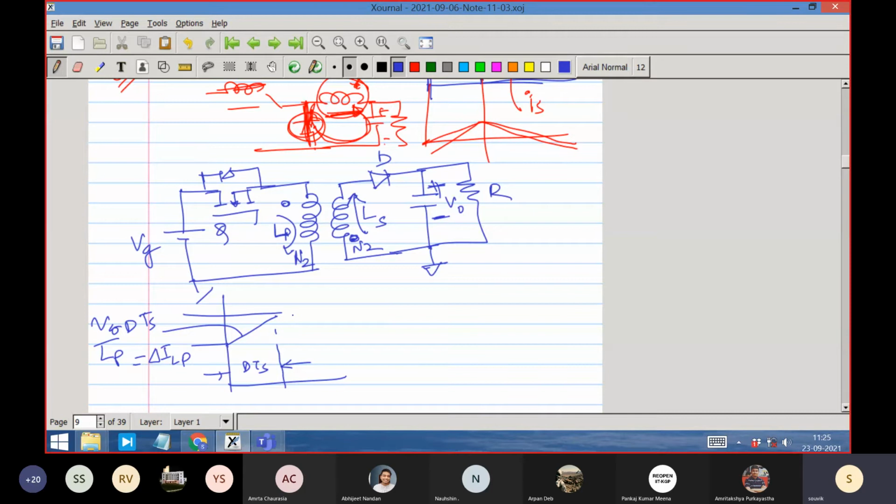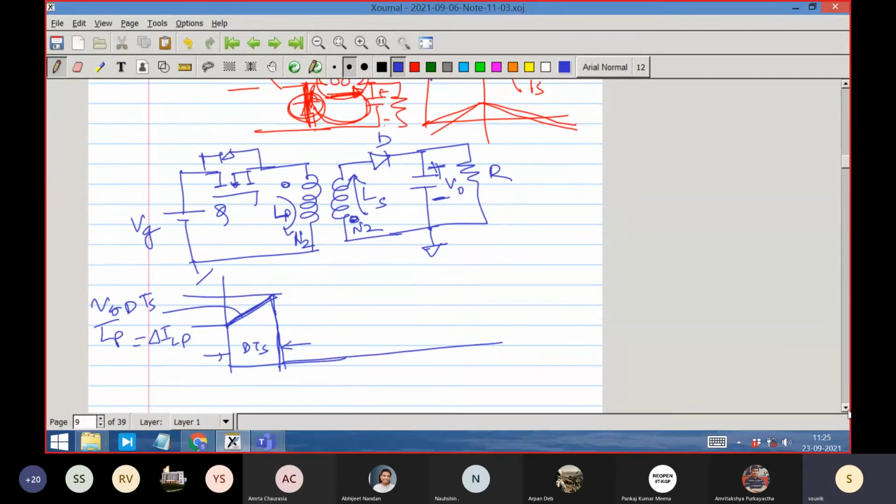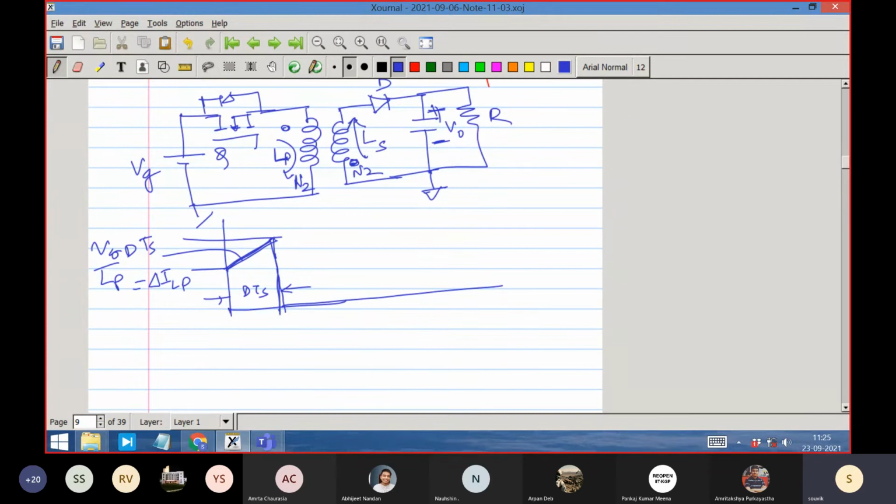This is only the delta ILP part. There is also an initial part that depends upon the load, which we will not know until we consider the load. But let us learn it qualitatively and draw it. This is what it looks like in continuous conduction mode. It will start from 0. After that, primary current is 0, so what is happening to the secondary current? It is 0. But when the switch is off, this is 1 minus